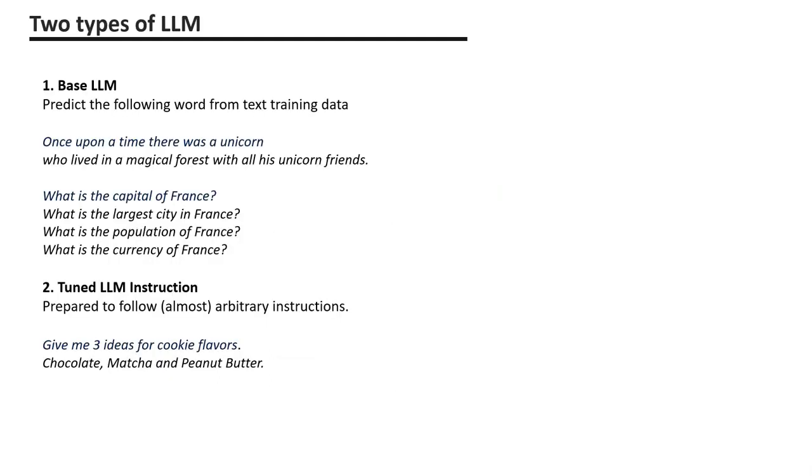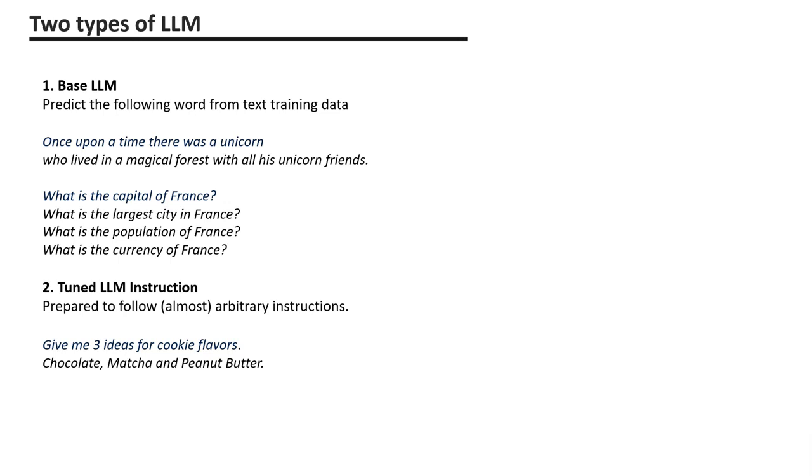In this task, we will explore the two different types of large language models that exist and review the development process of the ChatGPT model. There are two types of large language models, a base model and an instruction-following optimized model. The base model predicts the next word based on the training data of the text. For example, if we provide it with a sentence, the base language model can complete it. Even if we ask it about the capital of France, it can add relevant words related to the original question. In short, it relies on probability to determine the word or set of words that are most likely to follow